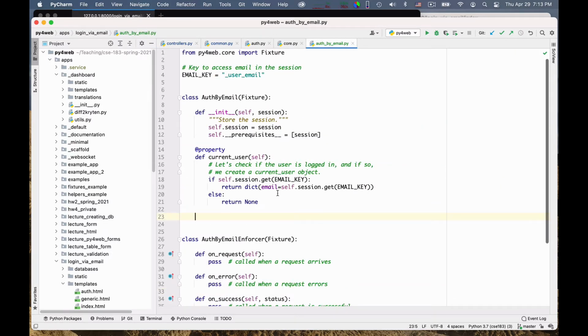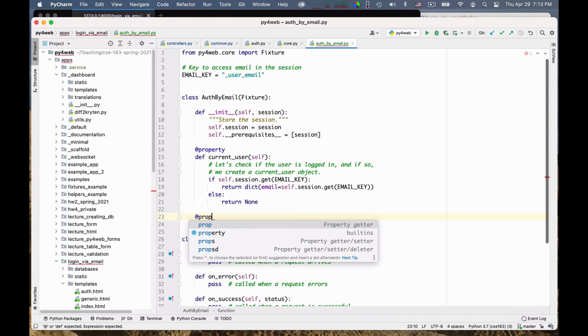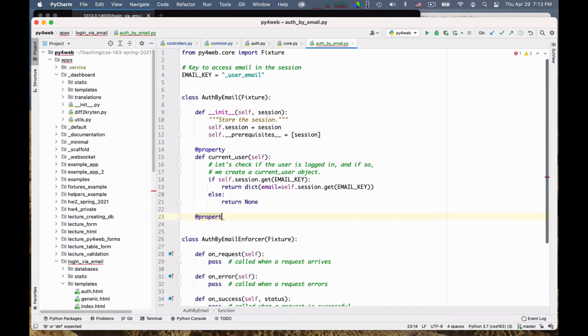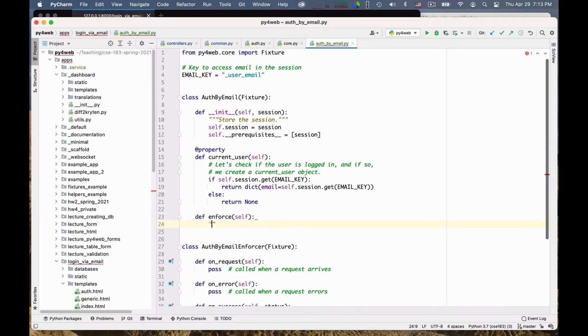And so I do def enforce of self, and the comment is that this returns a fixture that enforces login via email.